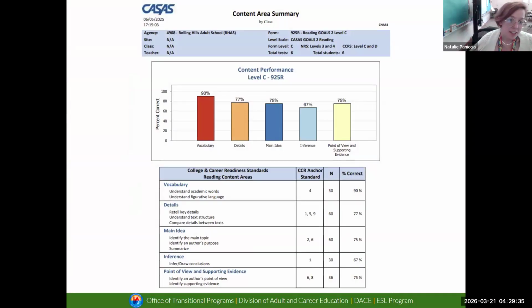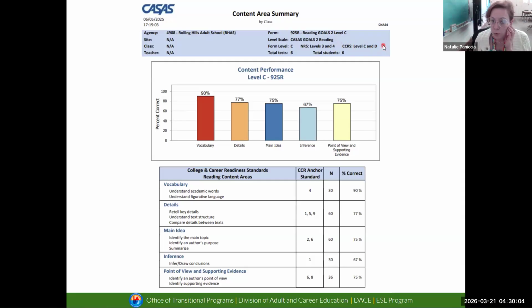Okay, so this is it. This is the content area standard report, and there are a couple of things to note here that are useful. We want to look at the form level. The CASAS tests are level A, B, C, D, and E, and you can see the corresponding NRS level, in this case, levels 3 and 4. We know that this is the CASAS goals test, but we're going to be looking at the CASAS steps test.